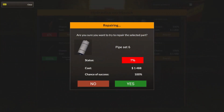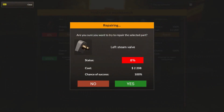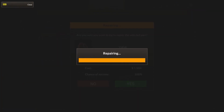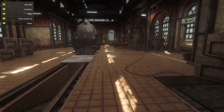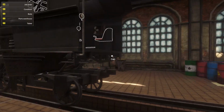Pipe set 6. Nice thing is, the next job, folks, I looked ahead. I don't think we have to go out and retrieve our train anymore, which means we can do a little bit more work. They'll actually pull into the station, which is nice. And we don't need to repair that one up there because we just needed to pull it out to get to the left steam valve. All right, time to put everything back. And this is one nice looking train, man. Man, I wish you could have big boys and all sorts of other things here, but...